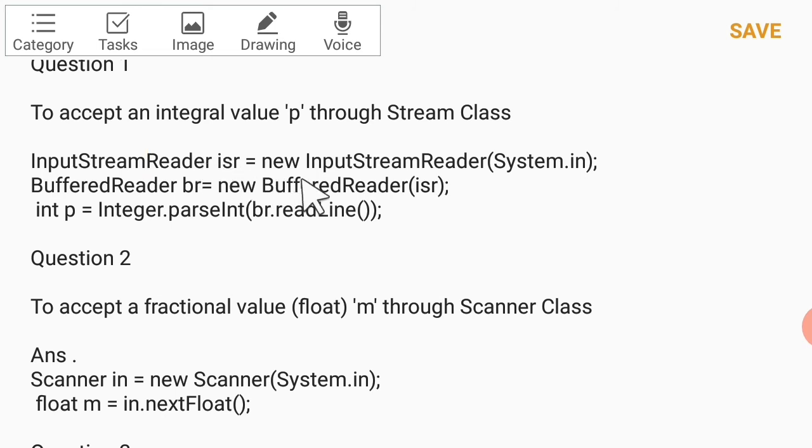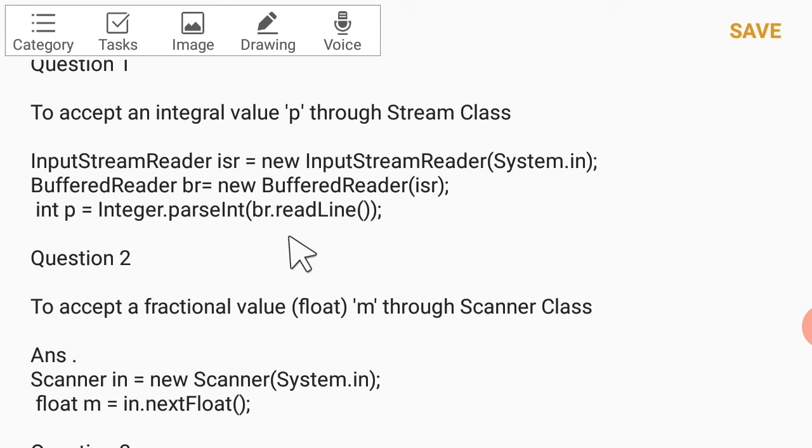So these two things are to be connected because for data, in InputStreamReader, basically we are talking about the keyboard, and when the data comes it is transferred and kept into the buffer, and from the buffer data is read. How it is read, you can see here int p equal to Integer.parseInt. It's an integer type value which is to be stored into an integer type variable.